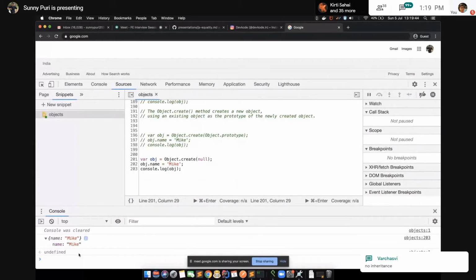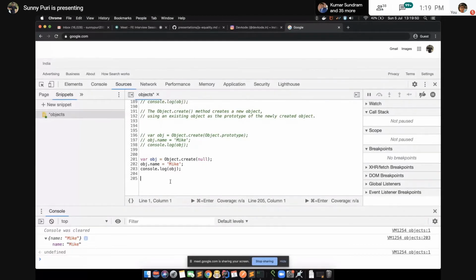Let's say in easy language, we are not having any parent. So is there any way we can set the parent of obj, like no inheritance? Yes. We can set it using the static method setPrototypeOf, just passing object and inheriting Object.prototype.